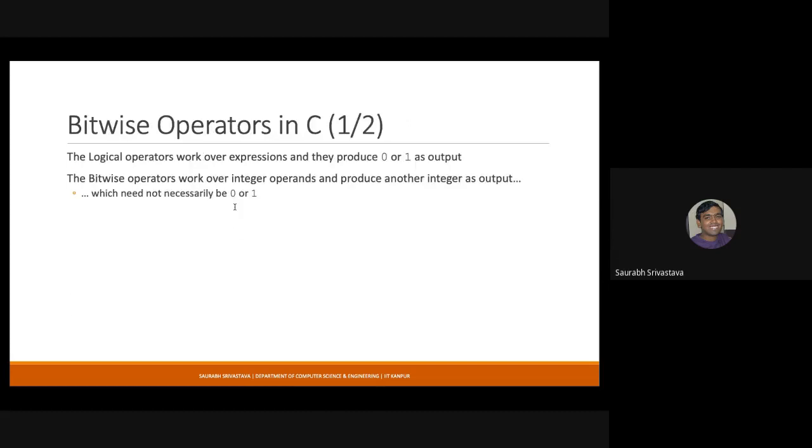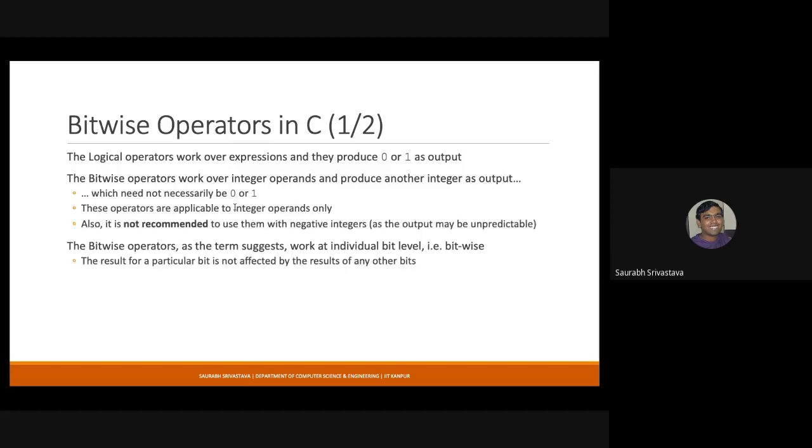In bitwise operators, we do the same anding, oring, knotting, whatever it is, but at the bit level. So it happens bit by bit. If I have, let us say, a 16-bit integer, whenever I do bitwise and, there are actually 16 and operations that take place. Each corresponding bit between the two integers is anded together, and this is what is there in the result. The result of each bit is independent of the result of the other bits.